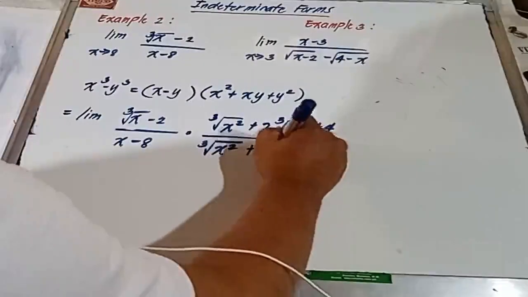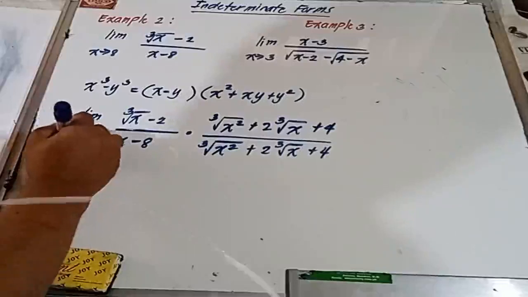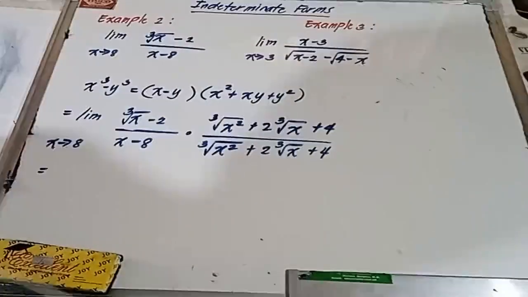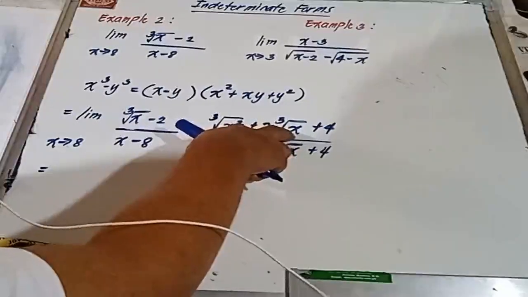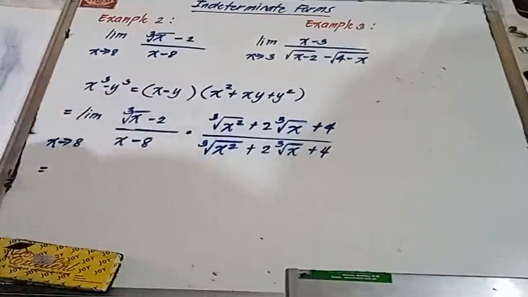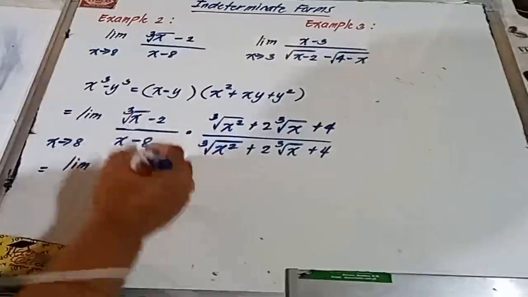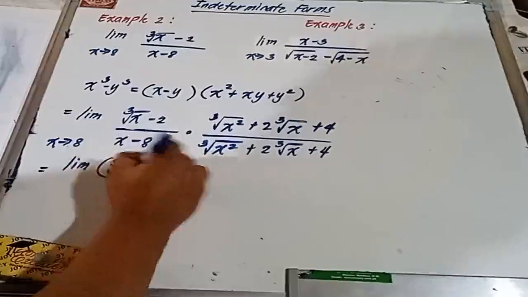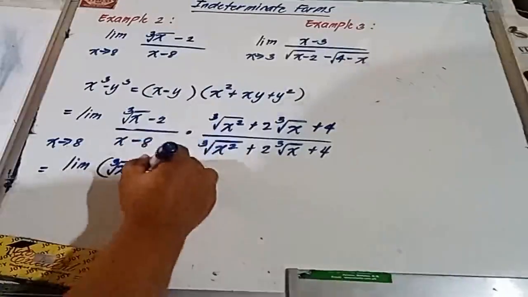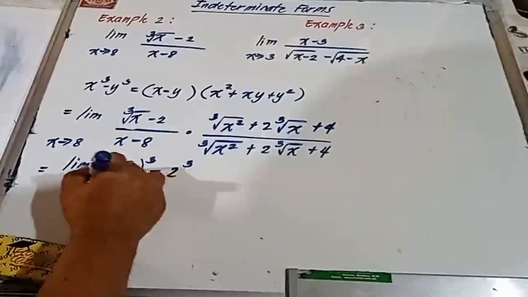Plus 2 cube root of x. Sana tanda pa itong topic na to. As x approaches to 8. Now, sabi, pag na-multiply daw natin itong binomial na to sa ganitong trinomial, the result is just x cubed minus y cubed. Okay? Cube natin to. So, that will be cube of cube root of x minus cube of y, kaya y is 2, so 2 cube, all over